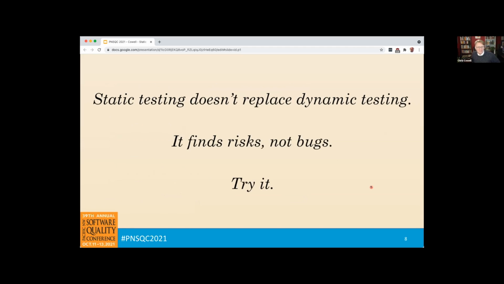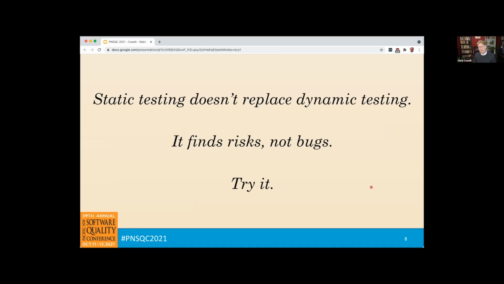You can't really replace dynamic testing. Static testing doesn't really replace dynamic testing, but it complements it really nicely. Think of it as a brother or sister to dynamic testing, and having both in your test arsenal is way better than having just one. We'll talk later on about some of the ways it's different than dynamic testing in terms of what it can